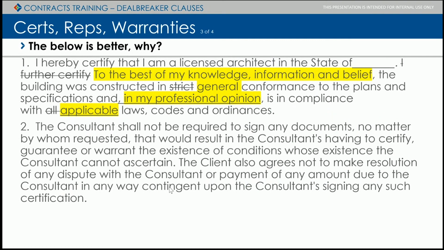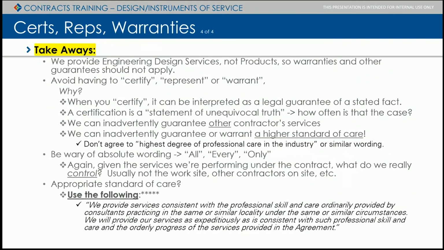So paragraph 2 there is straight from our standard terms and conditions. I really like this because it makes clear that we're not going to be required or asked to sign any documents that, in a nutshell, exceed our liability or obligation beyond the standard of care. All right. Getting to the takeaways,